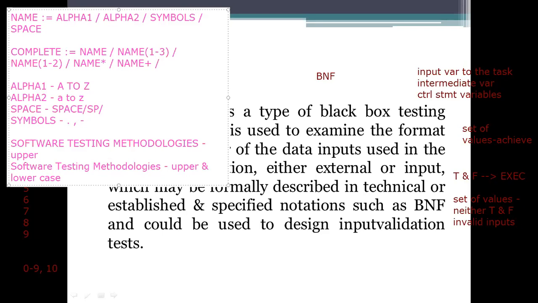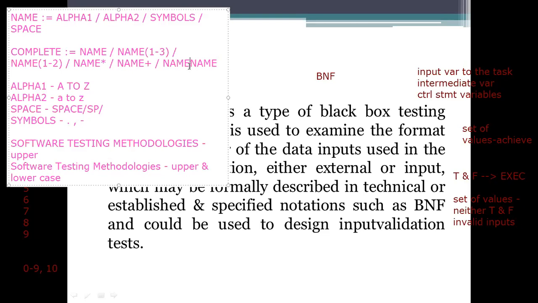How we are specifying here is a name, and then without space write the name. If you are giving a space, it is considered that each and every letter has a space in between them. Without space, we want to write, so name and then name.